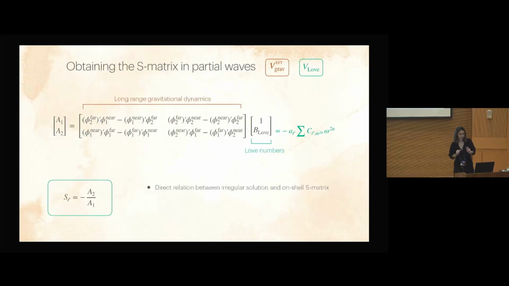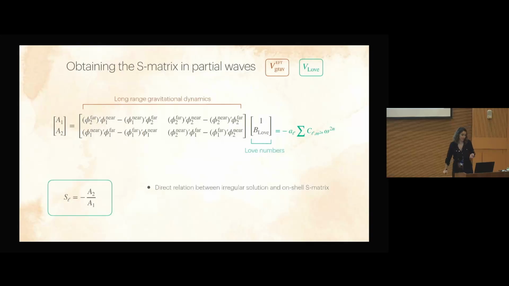Few comments. As I said, this gives us a direct relation between the irregular solution and on-shell data, which I think is very interesting because the way the GR community has been defining Love numbers is by taking the coefficient in front of the irregular solution. And this gives us a way to streamline basically the irregular solution all the way to on-shell data. You can fix it at a worldline action, and then you can use this to go to waveforms in inspiral problems, like the sky is the limit, and this is very nice. And basically, I think this tells us the GR community has been doing things correctly all along.